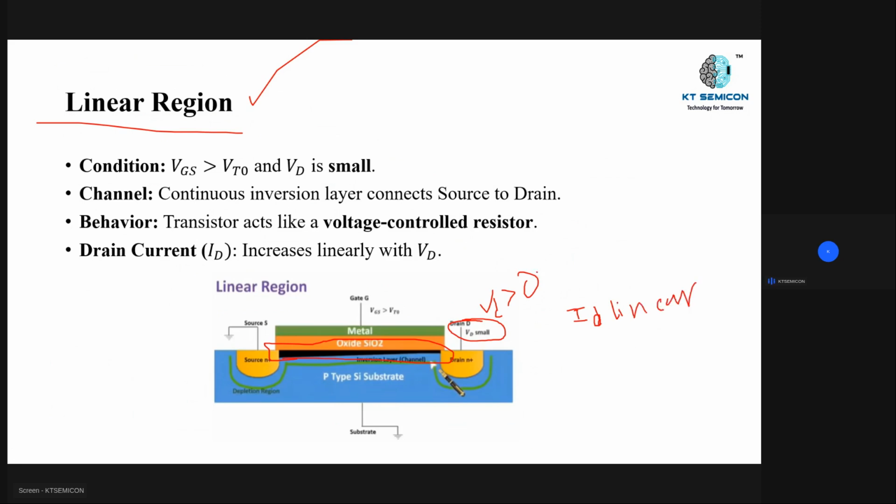Why? Because we are applying a very small amount of VD voltage, right? Because of this small VD voltage, my ID current increases linearly, not more current. It increases linearly. Okay. So here my gate voltage is more than my threshold voltage, and